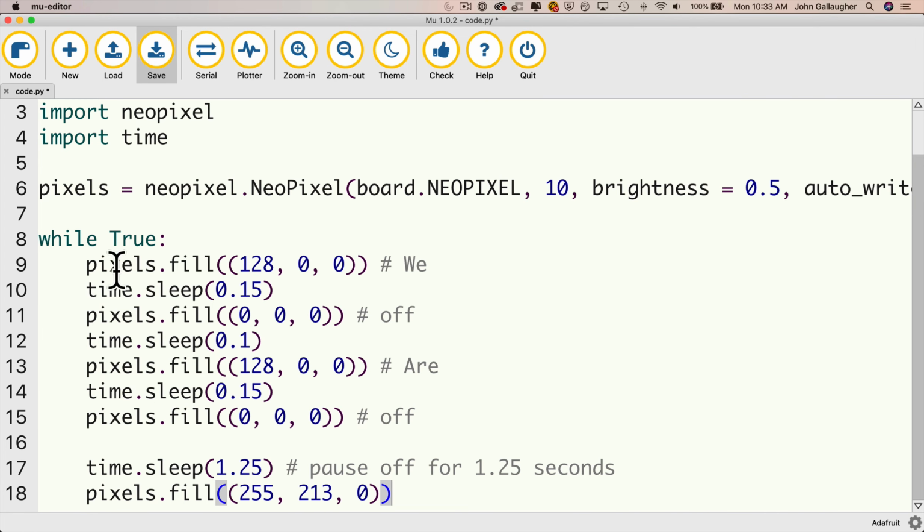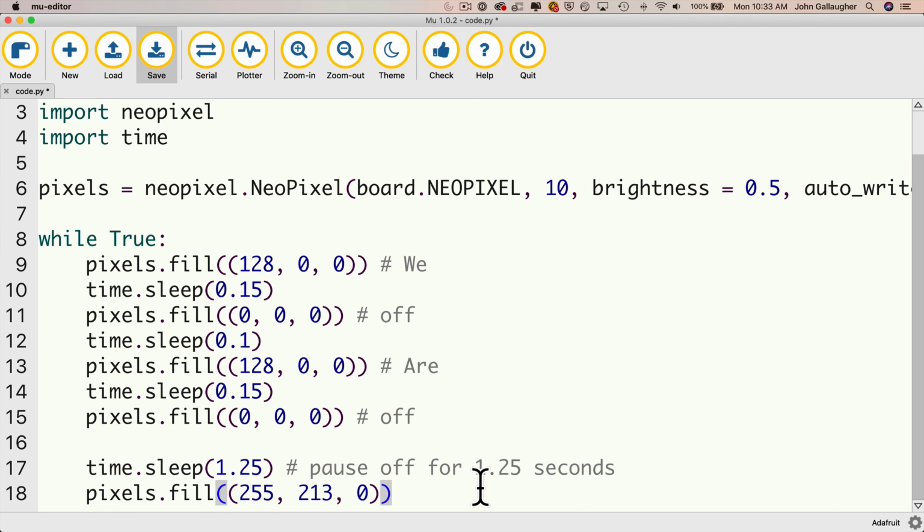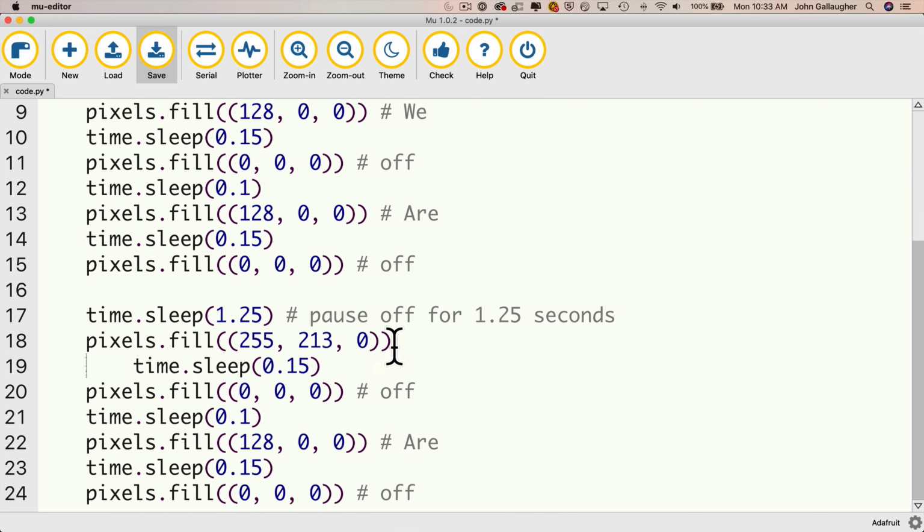But my timing for my gold colors is actually going to be identical to what I had for my maroon colors. We are BC. And so I'm going to just copy what I've got up here. So I'll paste this in. And what I have here, again, you want to make sure that everything lines up. So this is going to be B, and then pause off. And then this one will be C, and then pause off. But I want to make sure that this is now going to be 255,